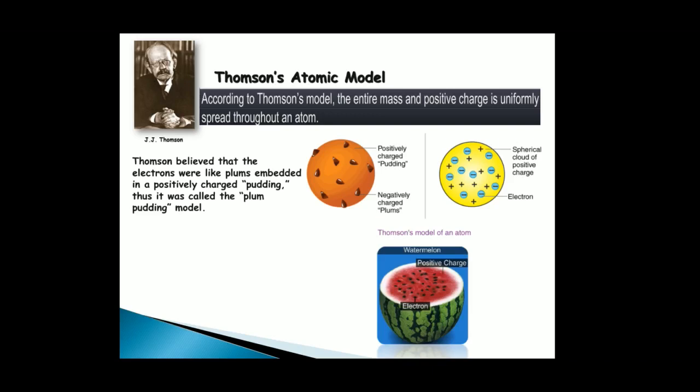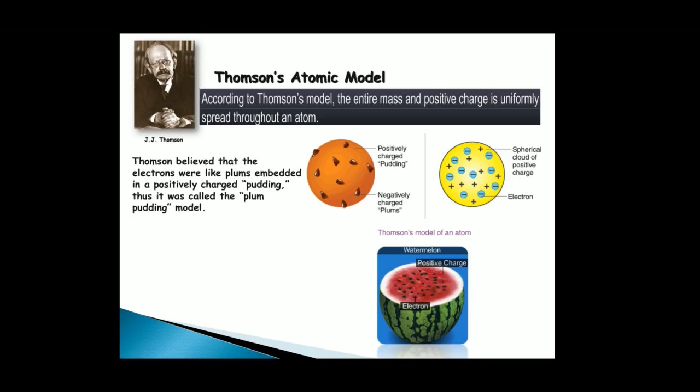So what can we conclude from J.J. Thomson's atomic model? It explains the neutrality of the atom, since the positive charge is equal to the negative charge, but it could not explain